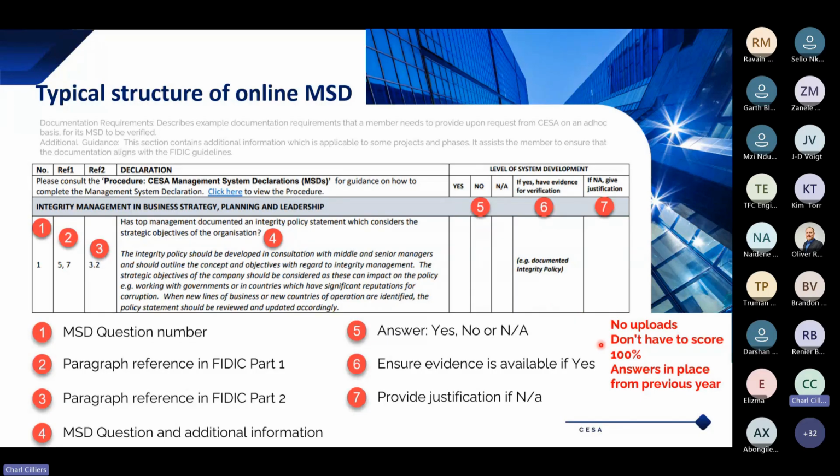And then, as well, I already said that the intention is not to score 100%, but just to give CESA an accurate reflection of where your company is in terms of the development. And then the other thing as well is that it might take quite a while to work through all the checklists, but the very first time you do this, you work through it,